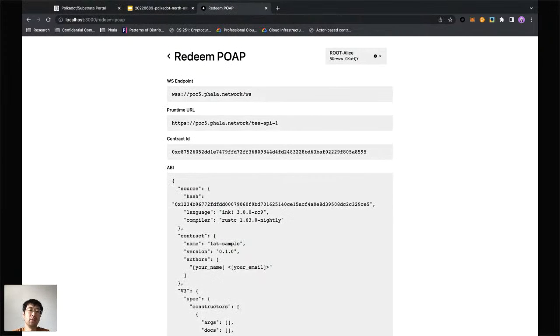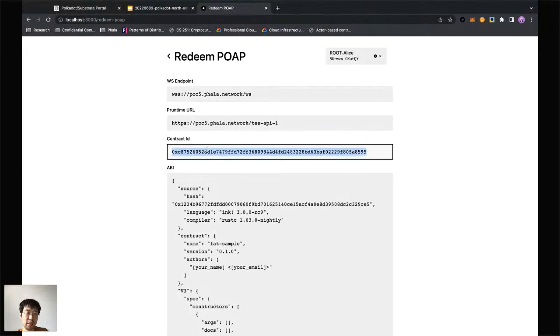And before we really go to the contract itself, we can see that to connect to this contract, there are several parameters you need to specify. The first is the WebSocket endpoint. If you are familiar with Polkadot, you will know this specifies a blockchain node for you to connect to, so you can read the data from the chain. But in our case, you will need to specify another URL here. This URL directly connects you to our secure workers, so you just use it as a normal server. And this is the contract ID.